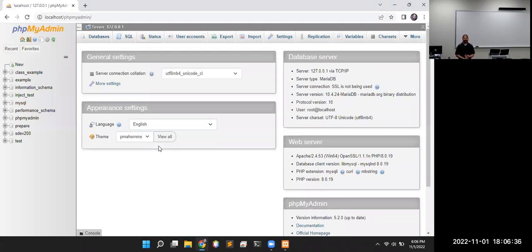You may need to sign in. If you haven't changed your username and password, the default on MySQL is root, and then the password is an empty string. So you just need the opening and closing quotation marks for that. So this is a fairly popular